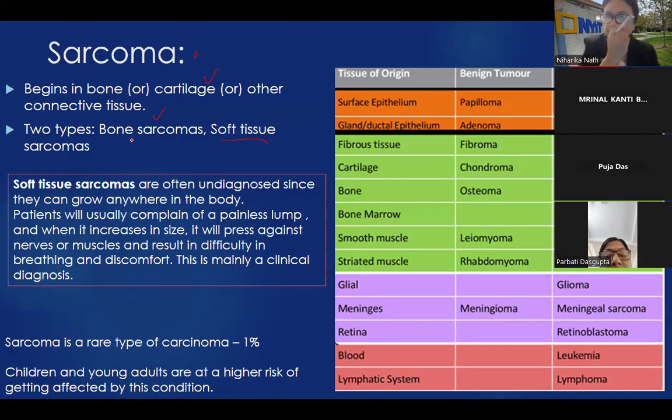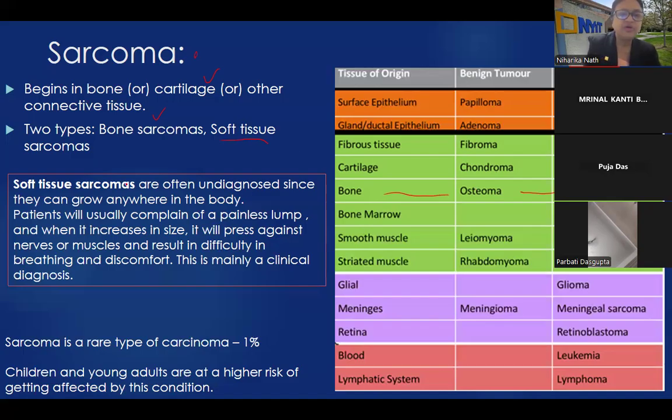So where is that? If you look on the right hand side, again, I'm just making sure that you are able to follow this table. The bone here is this one. So osteosarcoma, like bone and sarcoma, I hope this is visible. That would be bone sarcoma, but the rest would be cartilage, fibrous tissue, etc. Those would all be called soft tissue sarcoma. Okay, so this is all connective tissue.